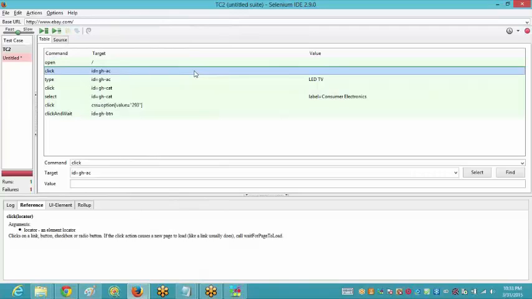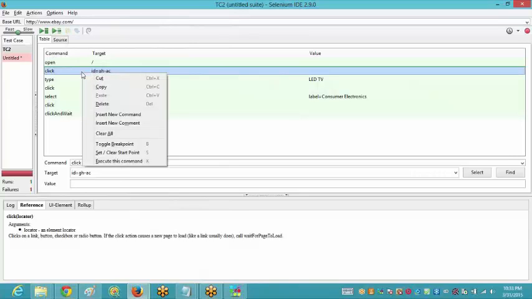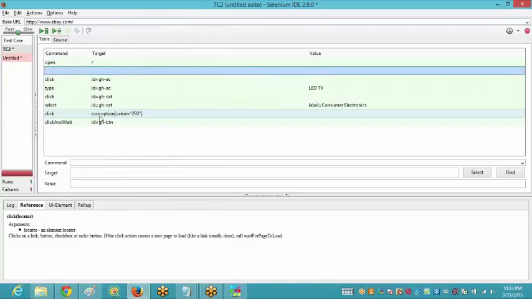If you have to add any of the commands, since I need to add before the click, I'll go to this click command and right click over there. There is an option to insert a new command. Can you see? Insert a new command. There is a whole line which you have got.